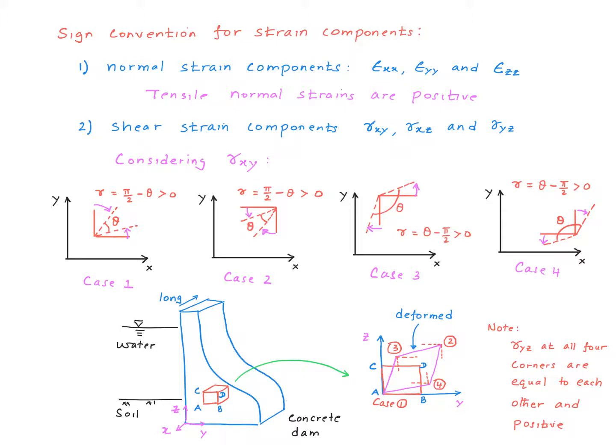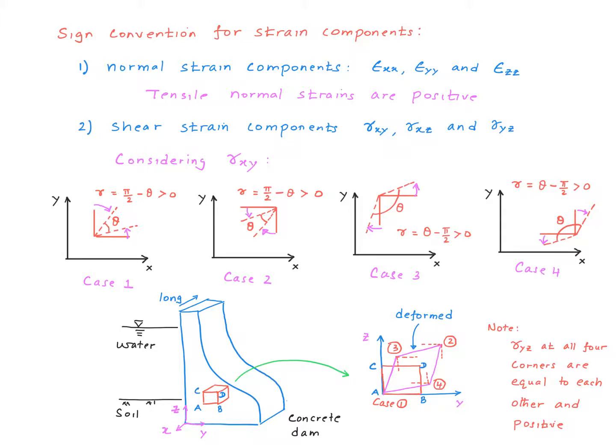Now you can see the final angle at this corner and this corner are equal to each other, the final angle is smaller than the original angle, and therefore according to the sign convention the shear strain is positive. And over here at these corners the change in angles are still equal to each other, right? But the final angle is bigger than the original angle of 90 degrees. But then, according to the sign convention,